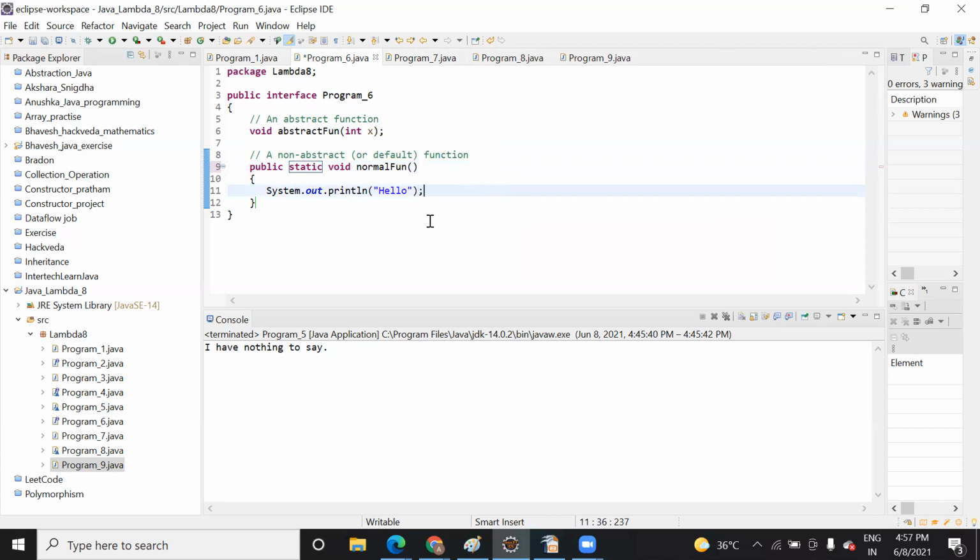Whatever method you declare, if you have to do it for that interface only, you have to use private. Static means you can't change the value, and we will not change the value. And static means one more thing: whatever method you are declaring in the class is with respect to that particular class itself, not to the other class. Okay.